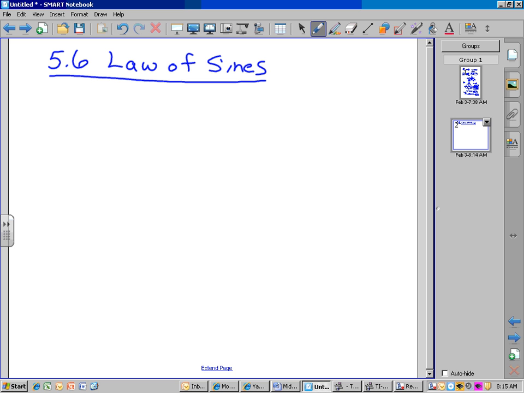Everything we've done up to this point was to solve right triangles. What happens if you do not have a right triangle? Okay, we can't just use Pythagorean theorem. That's out the door if you don't have a right triangle. Now you could try to make a triangle into a right triangle and use that, but that doesn't always work out. So we have some other laws outside the Pythagorean theorem and